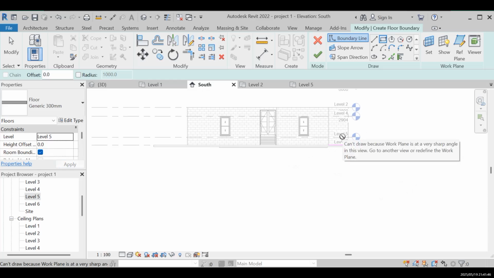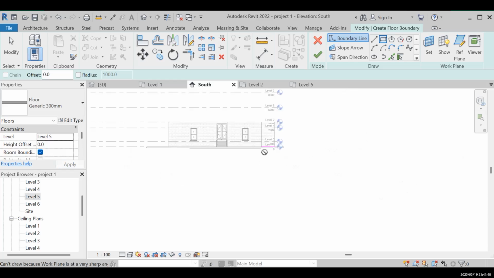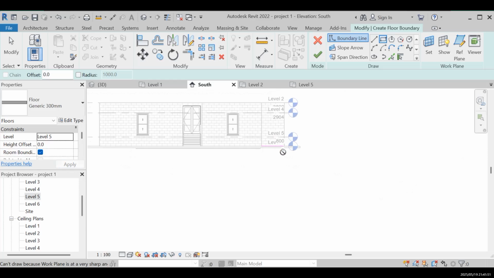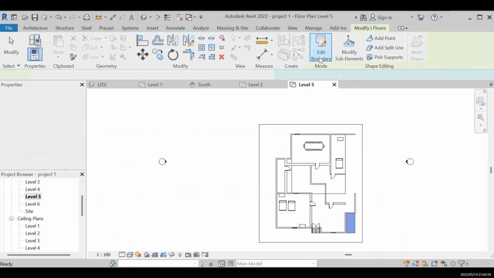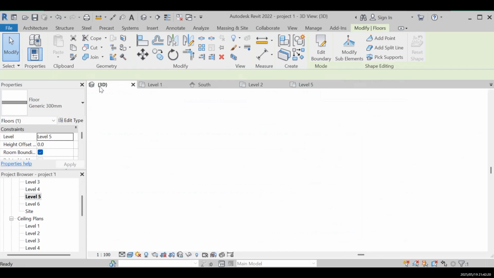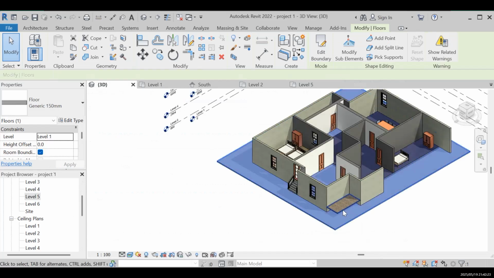So this level 5 is just a name, because you can see the space between our base level and the fifth level here is 800, like 0.8 meter. So if I go again on the first floor, I will press OK. I just want to make sure my constraint of this floor is level 5. And I'm gonna press OK. Okay, and I'm gonna go on 3D view, and you might see